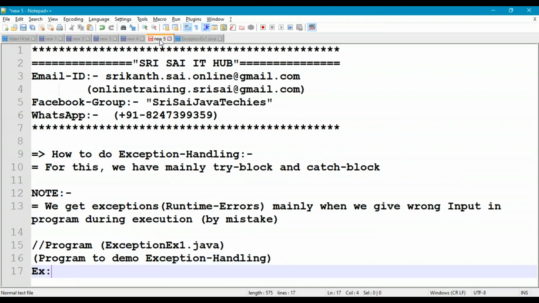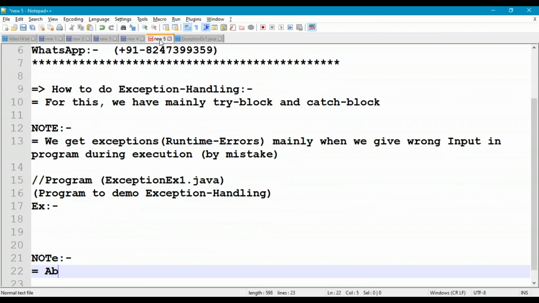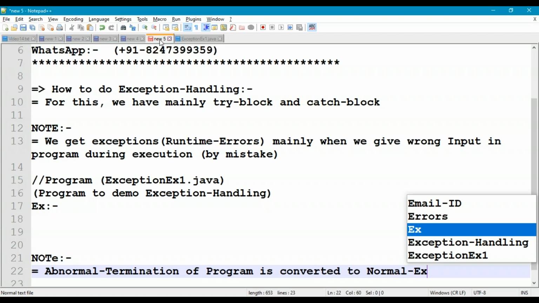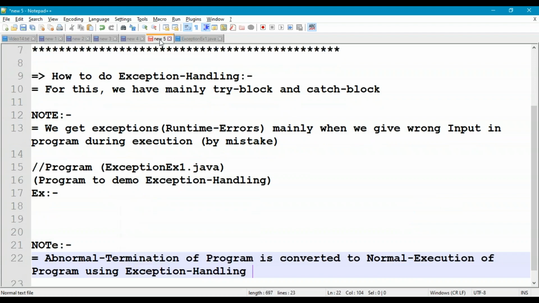The note point goes like this: abnormal termination of the program is converted to normal execution of the program using the exception handling mechanism, with try and catch blocks.